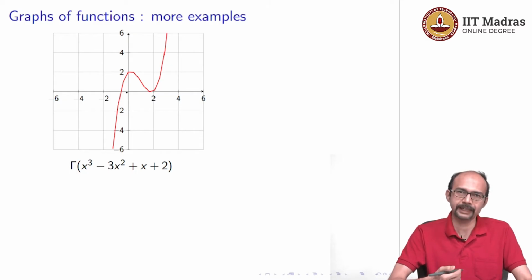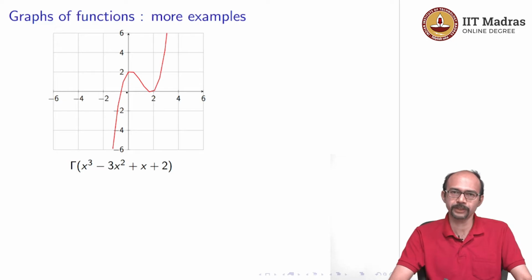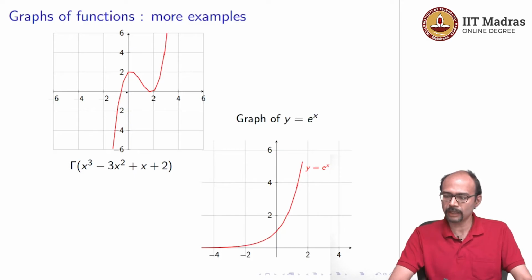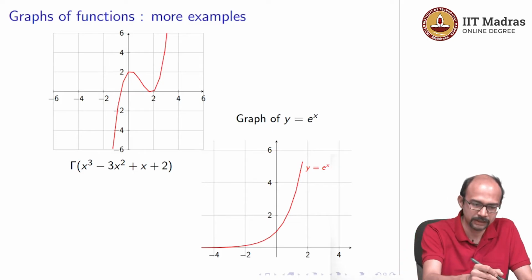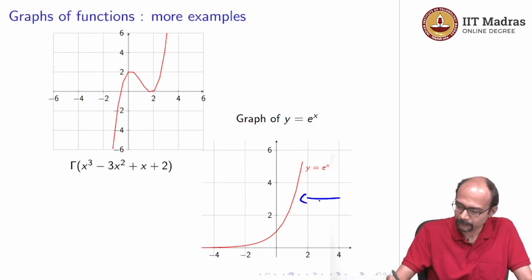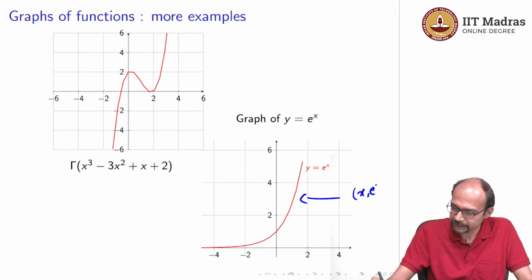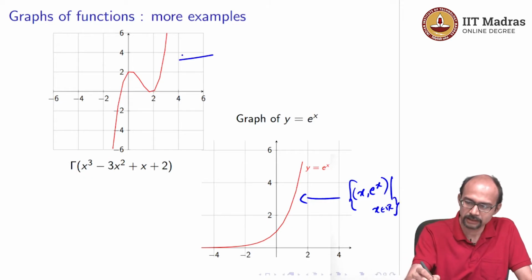This idea we saw also in the previous video when we talked about the rate of increase. Okay, and here is the graph of y is e to the power x. Again, we saw this in the previous video. I am just plotting it again. So here we have plotted the points x comma e to the power x. So this red curve here corresponds to the set x comma e to the power x, as x belongs to R. And this red curve here